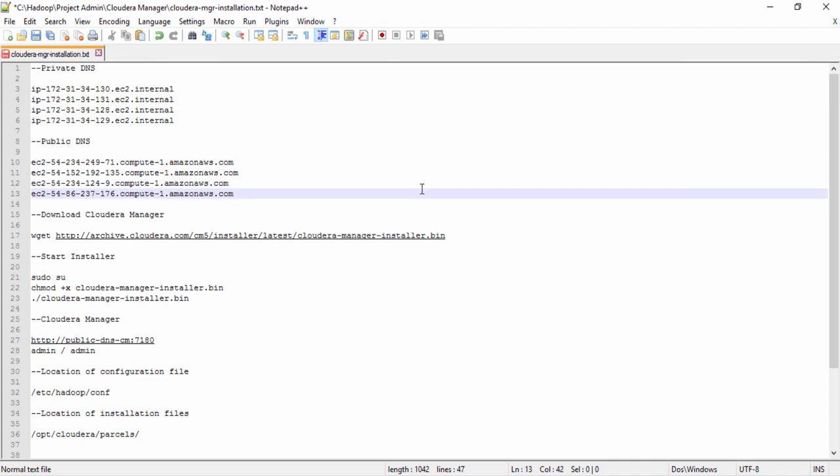CM Demo 1. Because on the CM Demo 1 node, we're going to install Cloudera Manager and we're going to start the installation from that node. The other three nodes, that is CM Demo 2, 3, and 4, is where we install all the Hadoop components. And those three nodes will become the three nodes of our Hadoop cluster. Make sense? All right. Let's go ahead and copy the public DNS of CM Demo 1, and let's configure PuTTY